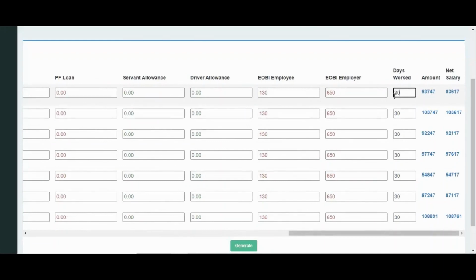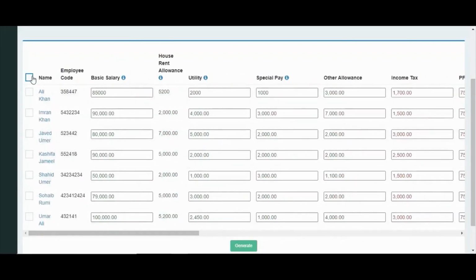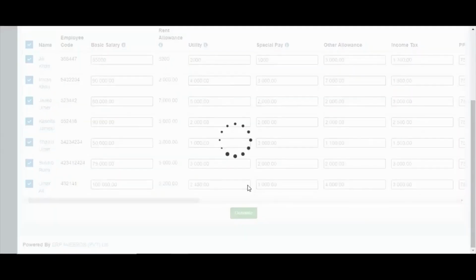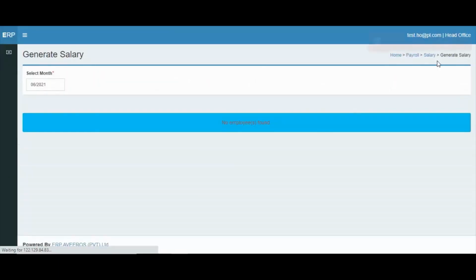So once I've seen and verified all the amounts, I will select the employees for whom I want to generate the salary, and after selecting all of them, I will click on the generate button, and as a result the salary will be generated successfully. Now we will